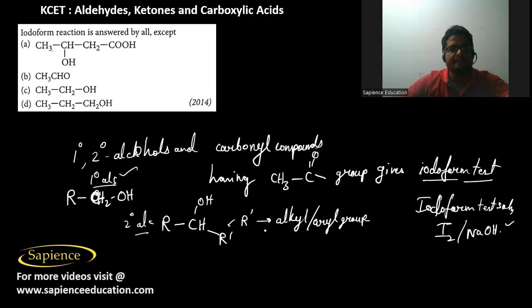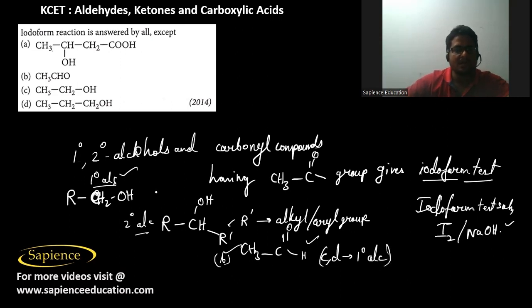So hence here, as you can see, the first one has a 2 degree alcohol. Option B has an aldehyde which has the CH3CO group, so it will give the iodoform test, and C and D also will give the iodoform test since they are 1 degree alcohols. But in the case of option A, here